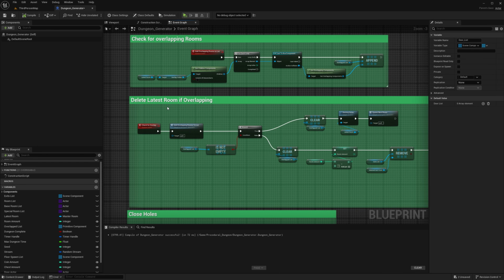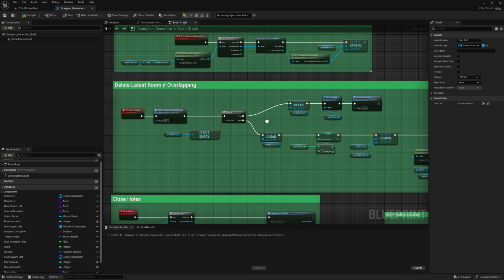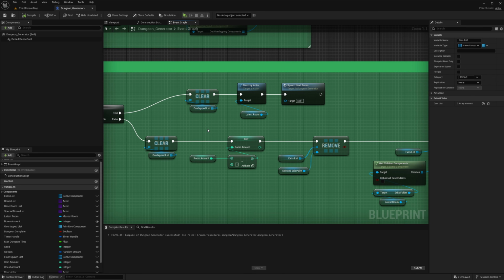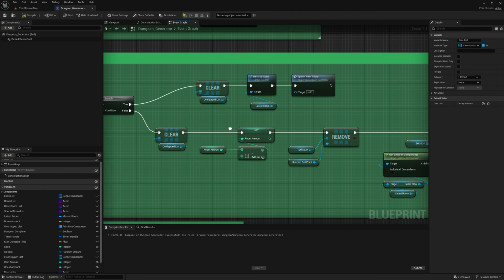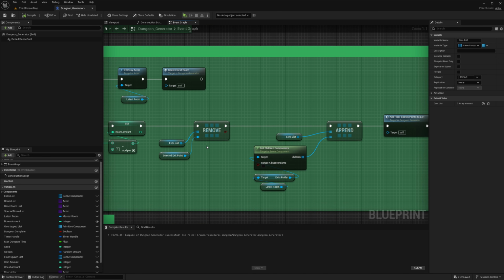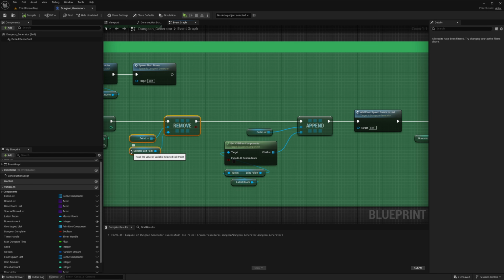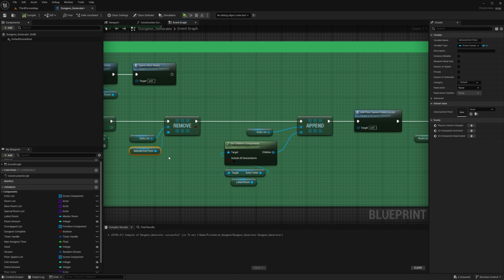So we need to go into the room overlapping part here. So if a room succeeds, it's not getting destroyed and we're not getting a new room. If we keep the room, we clear the overlap list, we do all these things, we remove the exit arrow from the list. This is the important part, so we don't spawn a new room on top of the room we just spawned. And this is where we want to take the selected exit point that has been removed from this list, and we need to put it into another list, which is the door list.